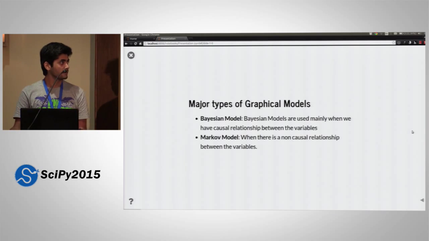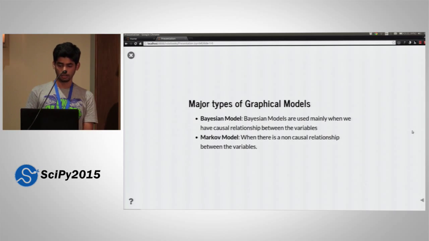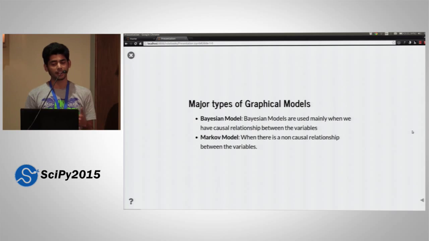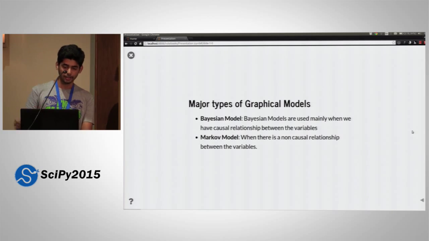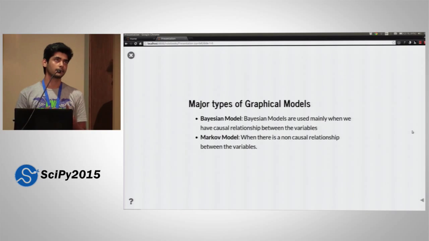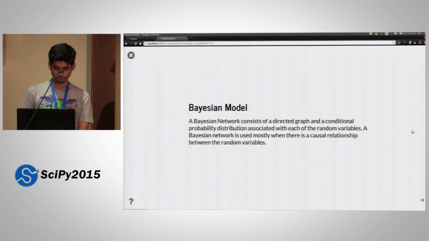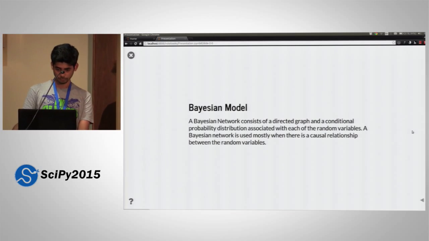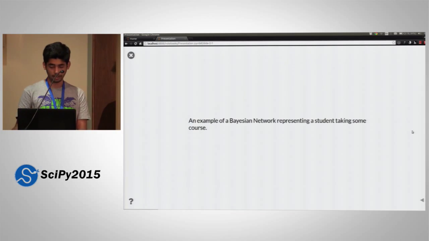A Bayesian model consists of an acyclic directed graph, and we use it whenever we have a causal relationship between the variables. A Markov model is an undirected graph and is parameterized using factors, and whenever the relationship is non-causal, or we want to know the agreement between the variables, we use Markov models in those cases. So we can take a simple example of a Bayesian network of a student taking a course